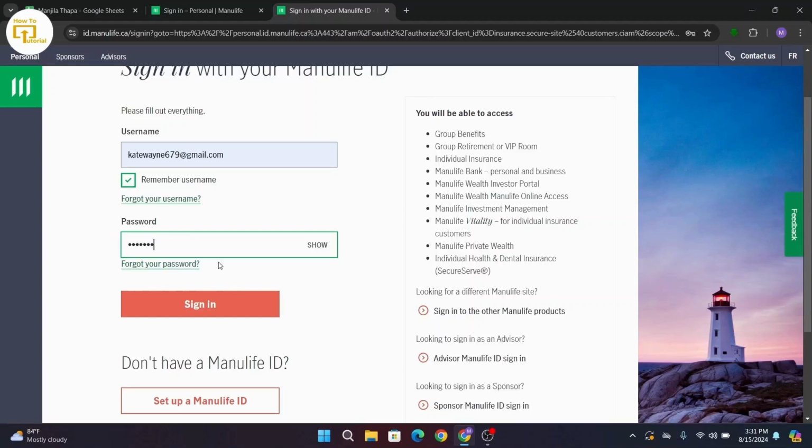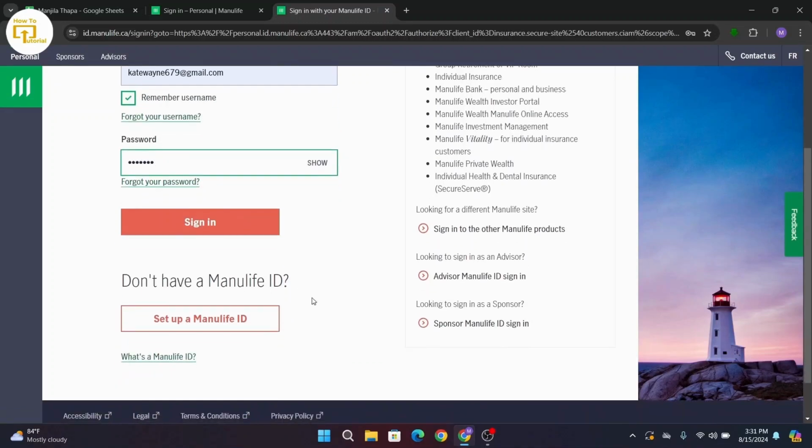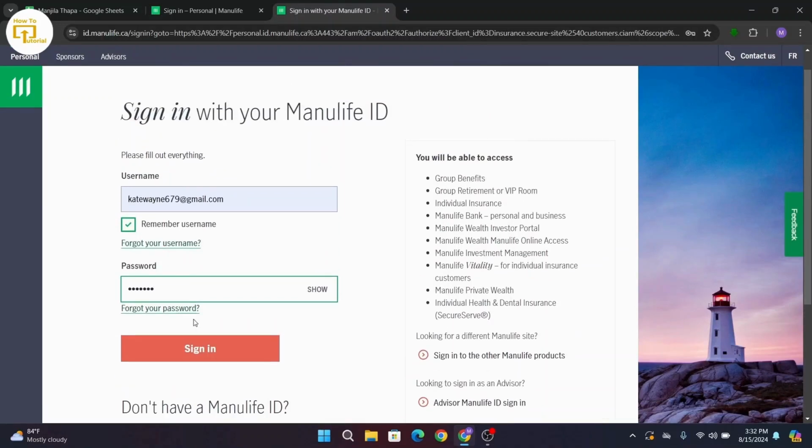In case you forgot your password, there is a link provided that says forgot your password. Click on it and that will help you recover your password once you follow some instructions. If you don't have an account yet, you can go and create a new account by clicking on this set up a Manulife ID. Now once you're done typing in your username and password, click on the sign in button